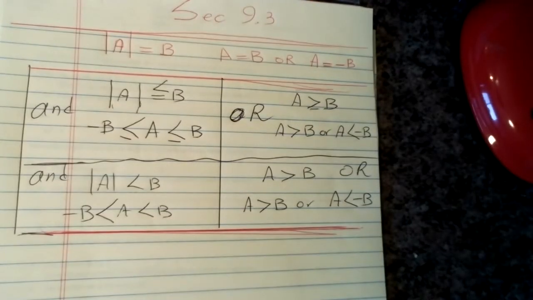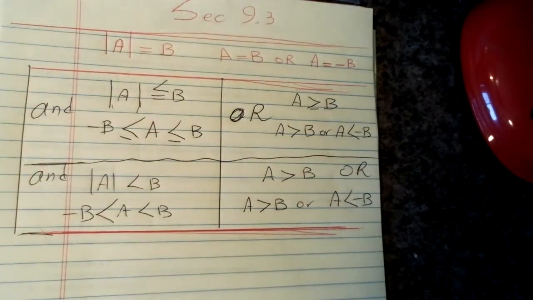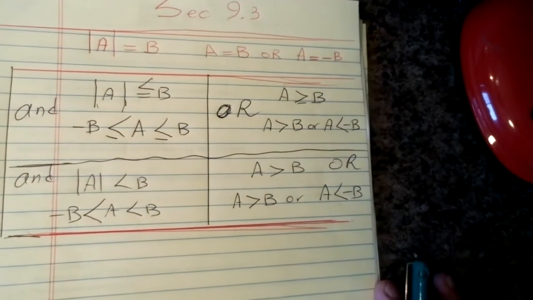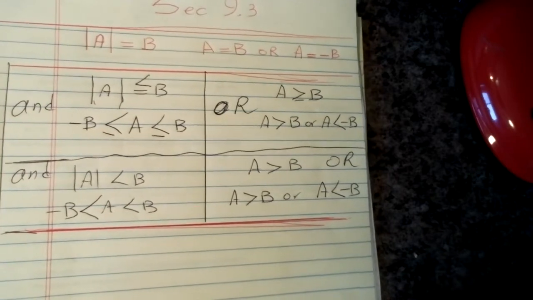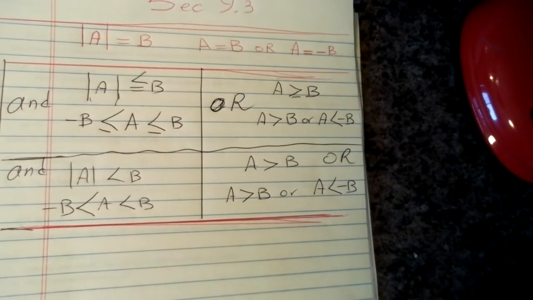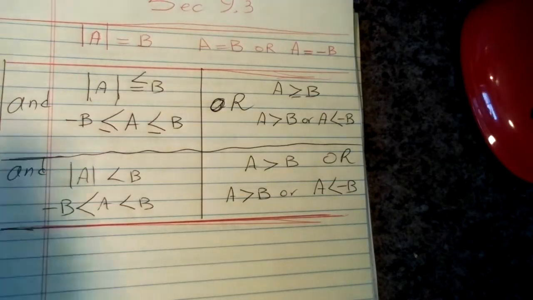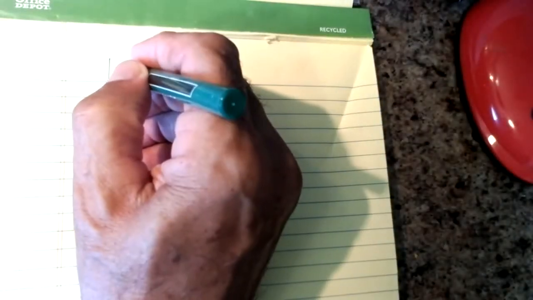Section 9.3, there are three formulas for absolute value. What is absolute value? Absolute value is the distance. So the outcome always has to be a positive number. When we say, what is the absolute value of -5,